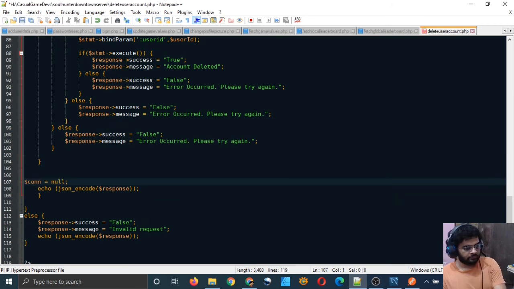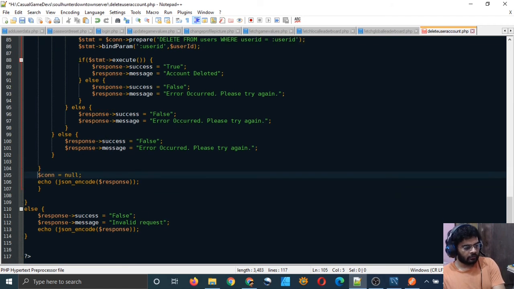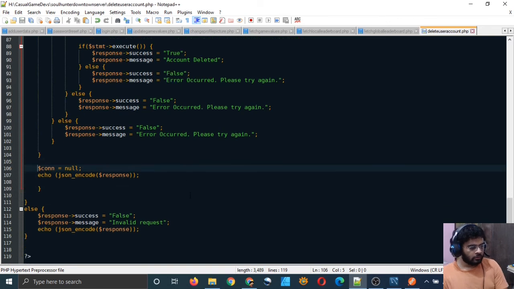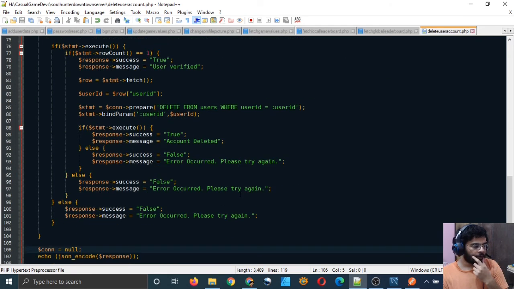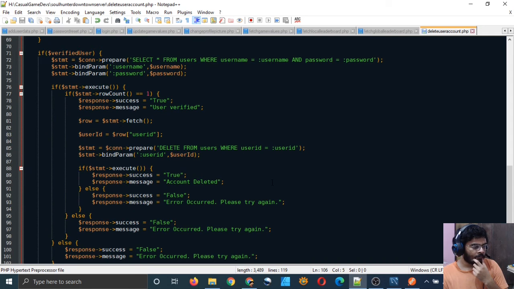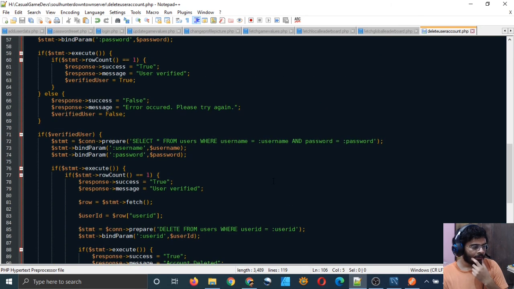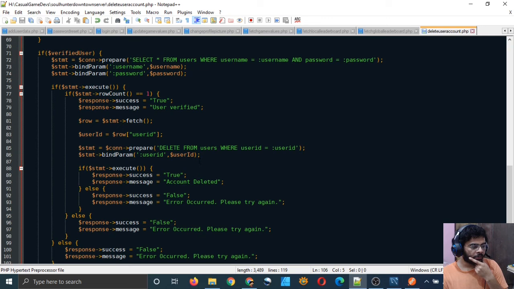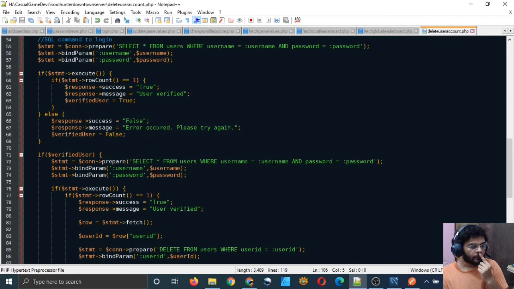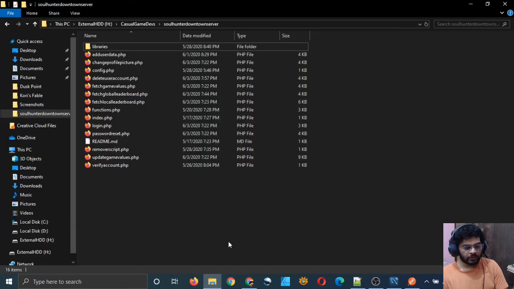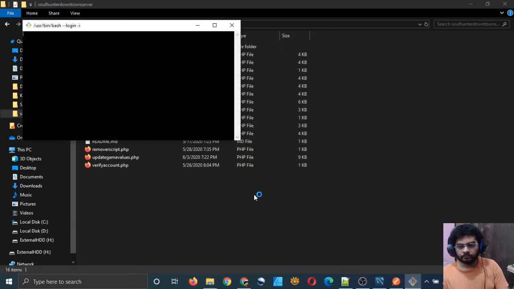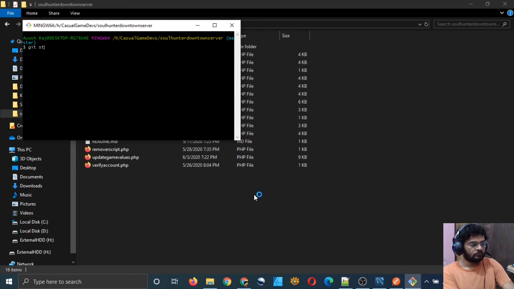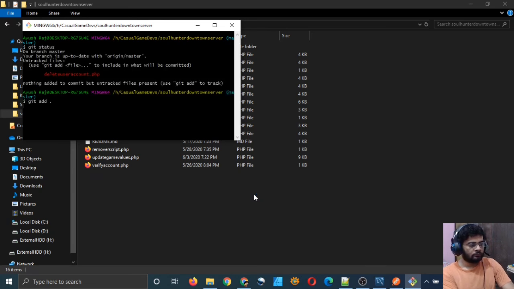So yeah, that's looking good. It should work. So we will try to delete some account, and we'll see if it gets deleted or not. User ID. Let me now push these changes into my GitHub. Add global.